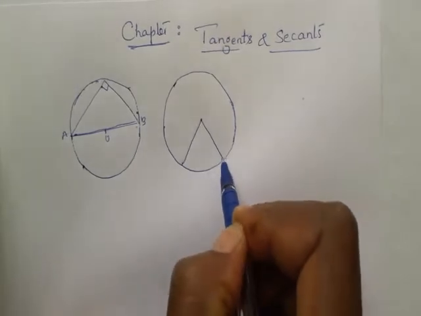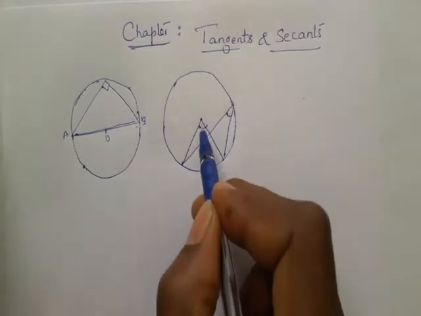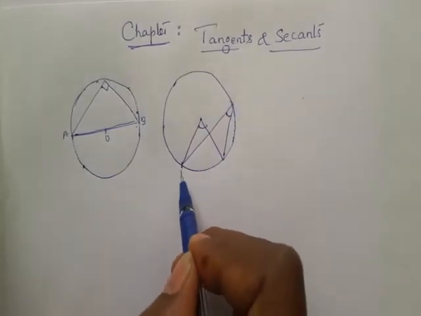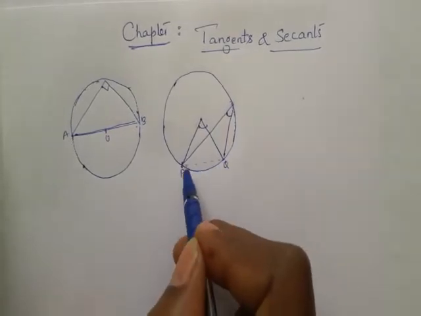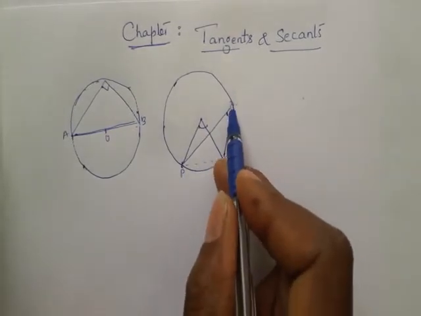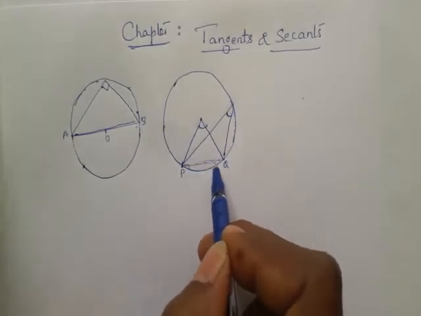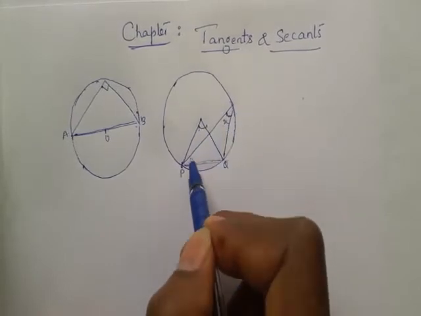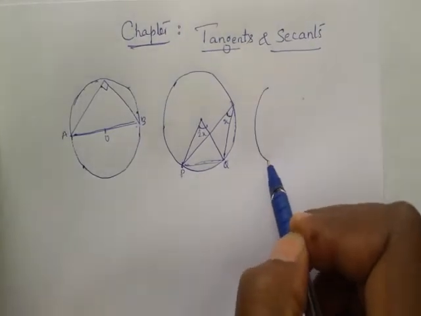angle subtended at the center and angle subtended at the circumference. This is the angle subtended at the center, this is at the circumference. Both are from the same ends of the chord. If we join P and Q, we get a chord. So the circumference angle and the angle at the center both are standing on the same chord. Therefore these two are in a double and half relation. The circumference angle is half, the center angle is double. The other theorem,